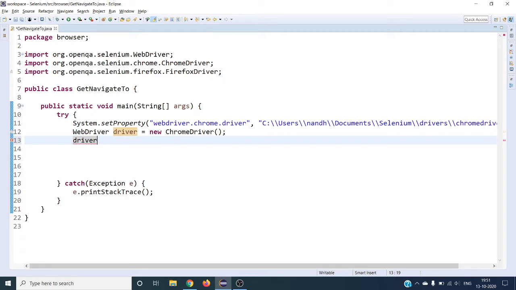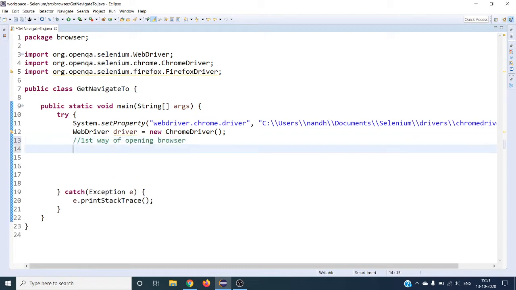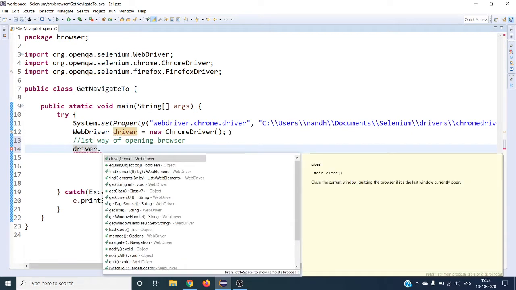The first way of opening your URL is the get method. You use your driver reference variable, where your Chrome browser instance has been assigned: chrome.get.